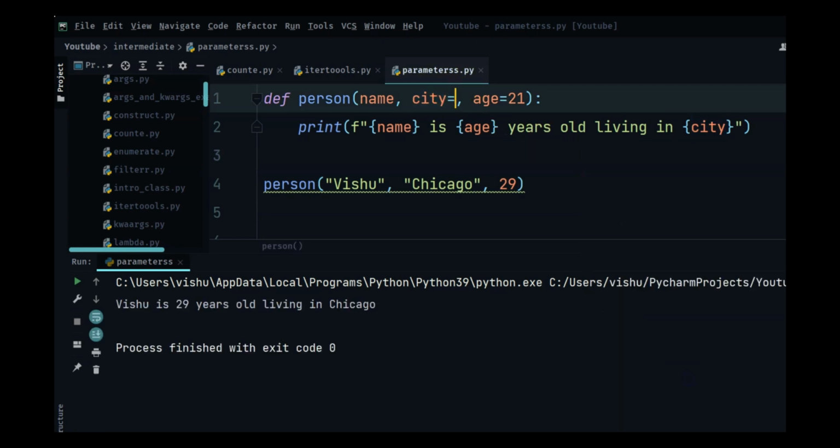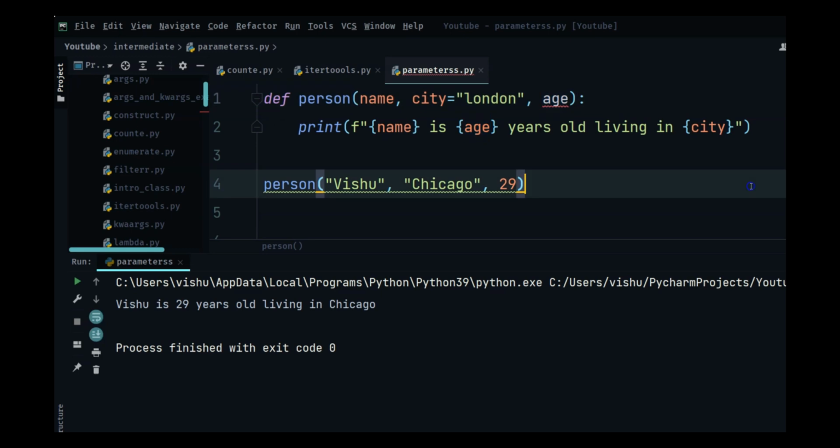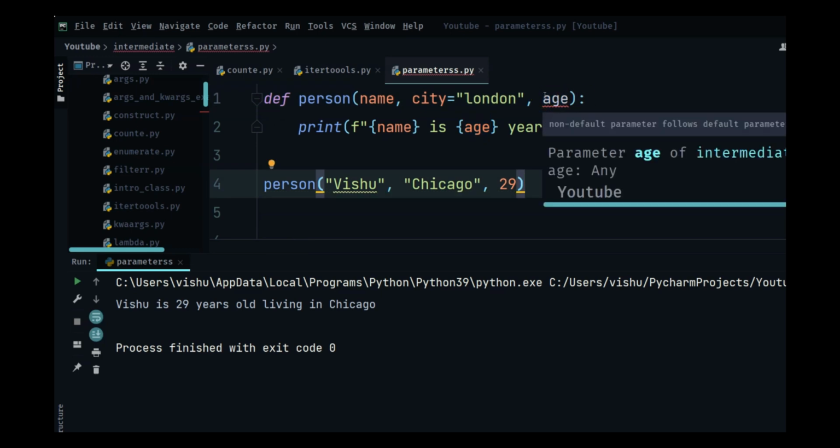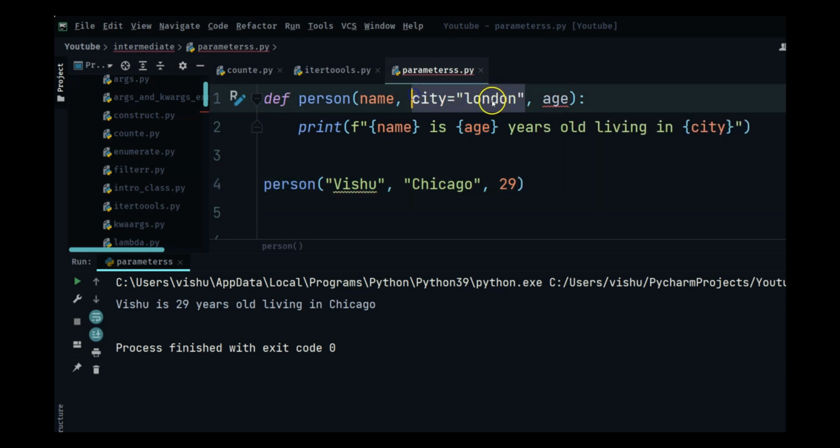Now again, city is equal to London, and now if I remove the age default, remember if you are specifying a default value, every variable after it has to have a default value. This is going to give an error because this has a default value.